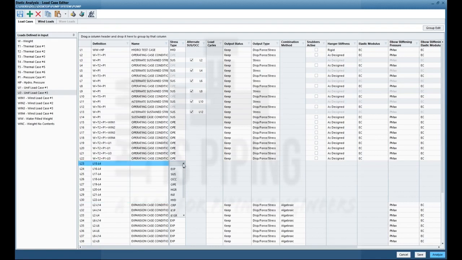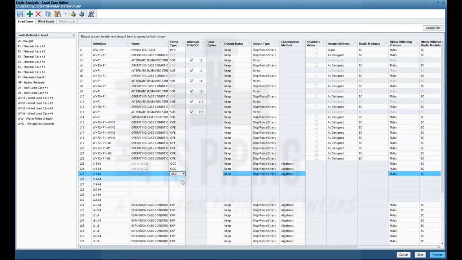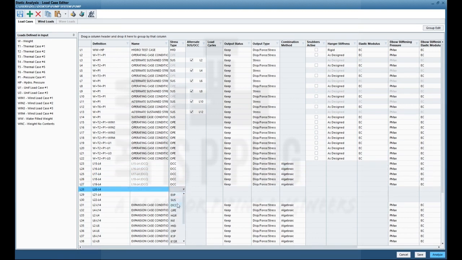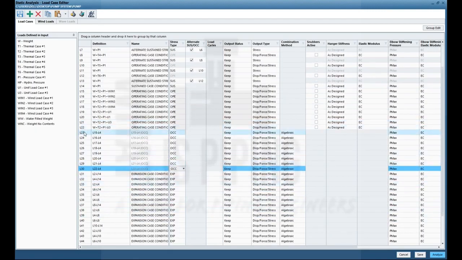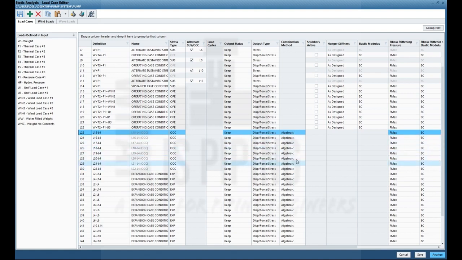All these cases will be occasional type, so we will be choosing occasional as stress type. Now occasional has been defined, and this will be of algebraic combination method.